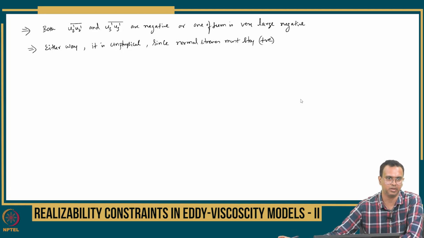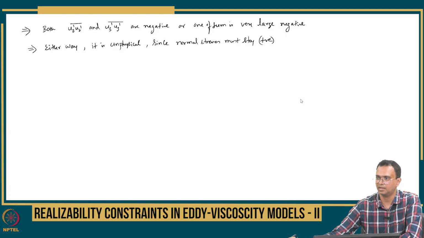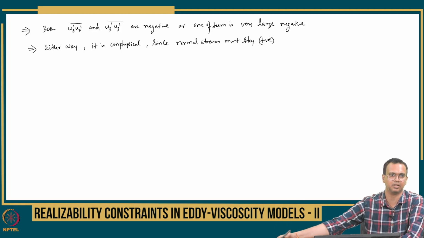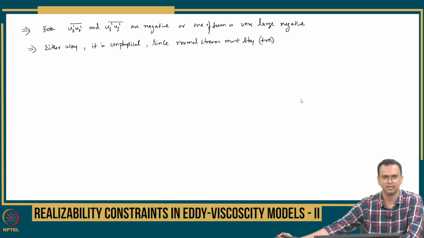So we have seen an example where it can go completely unphysical. Your eddy-viscosity model, whichever model you are using, will give you this, because you are using Boussinesq fundamentally, and then you are deciding on the eddy viscosity, k epsilon, k omega SST, so many variations, right? Different types of models, 1, 2, 3, 4 equation models, but this is an issue with the Boussinesq itself. So this will lead to unphysical, unrealizable behavior. We will see how we can fix this in the next class, as well as look into other problems you will get from Boussinesq, and also the solutions for that.